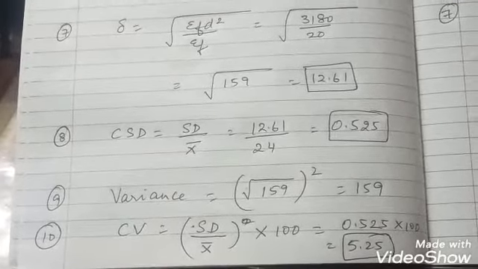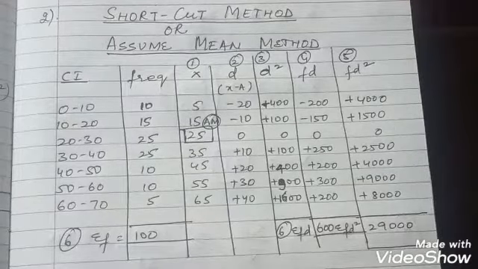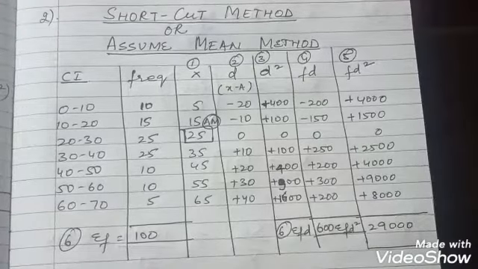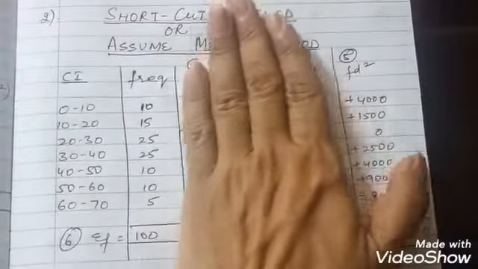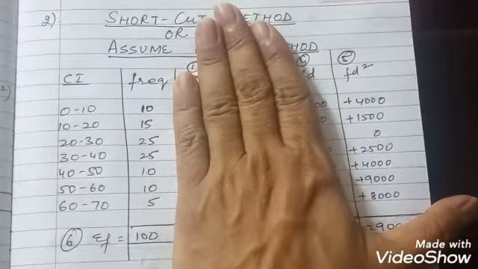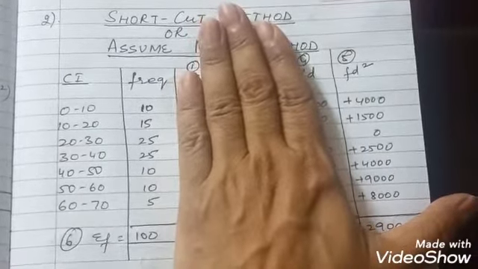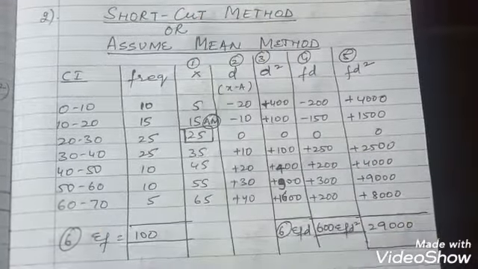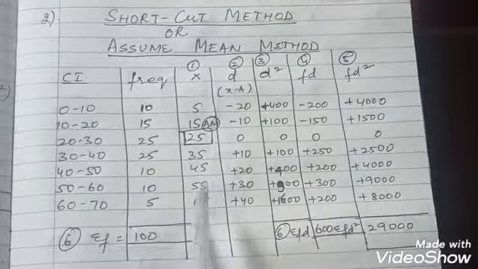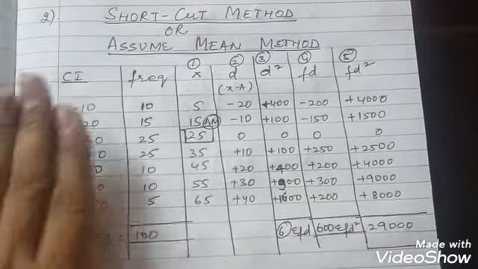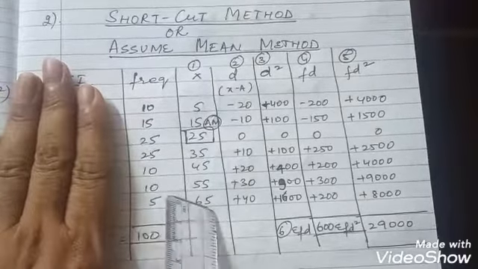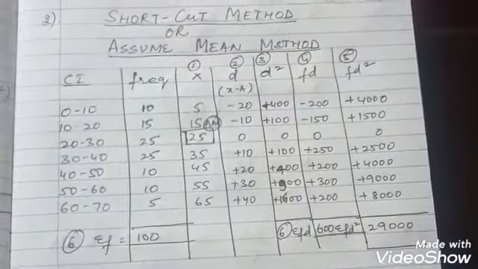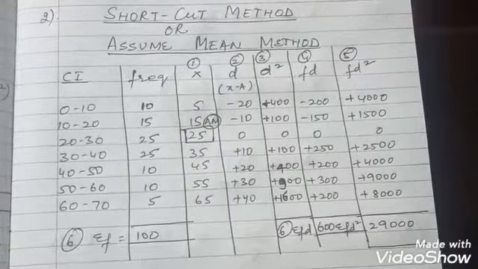That's it. Standard deviation in case of shortcut method or assume mean method. Calculating standard deviation using shortcut method or assume mean method. Again, this is a sum you have: 0 to 10, 10 to 20, 20 to 30, and so on. You have the frequency given to you. First step, as usual, you will take out x, which is the mid value. Once you have calculated mid value, again you have frequency and x. Which type of series is this? Discrete series. So the entire methodology is the way you did it in the discrete series.